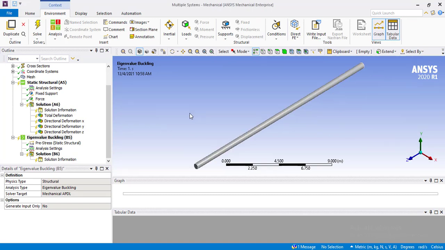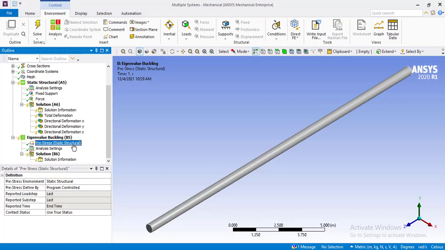As you can see, before adding the buckling analysis, we only have the tree outline up to this point. Then after adding the eigenvalue buckling, we can see these steps. The pre-stress condition of static structural has been used to evaluate the buckling results.